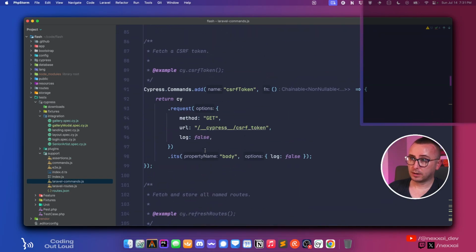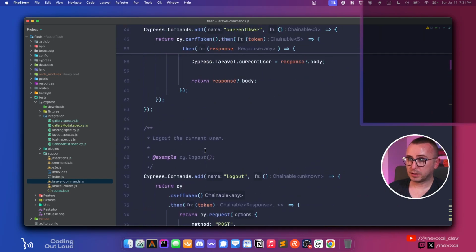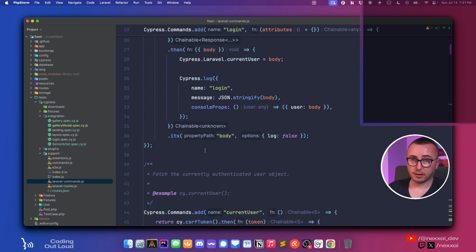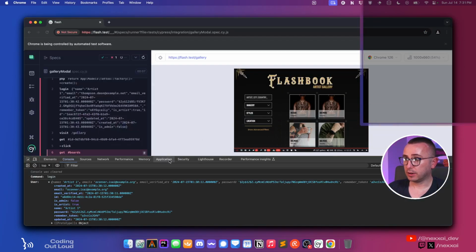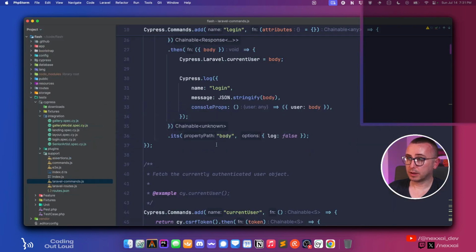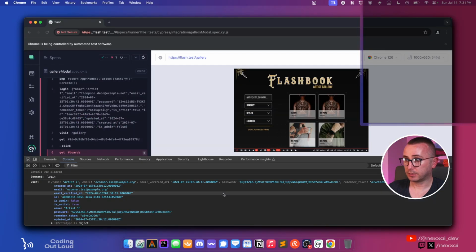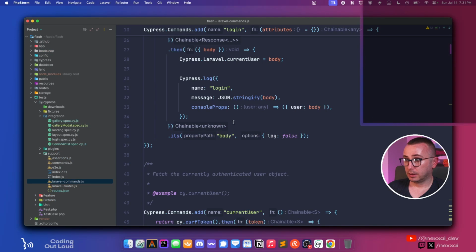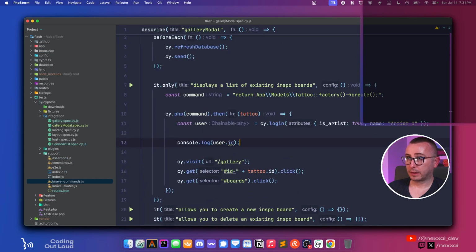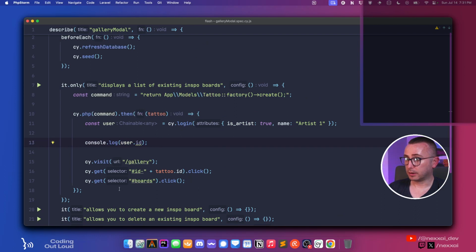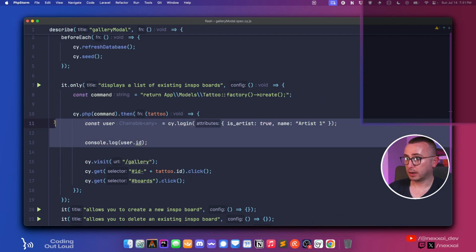What I'm trying to do here is basically skip all the manual stuff and just get right to adding an inspiration board, but that might not be possible. So we might just have to do it in a different order here. So what we might have to do is say, okay,